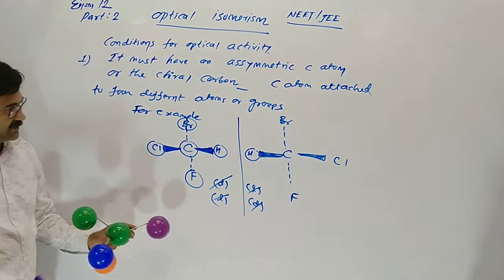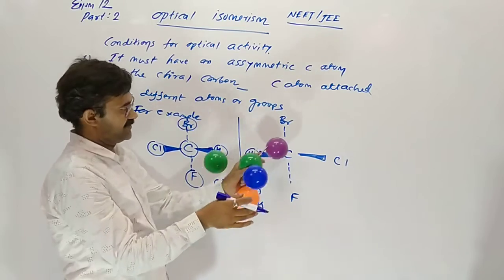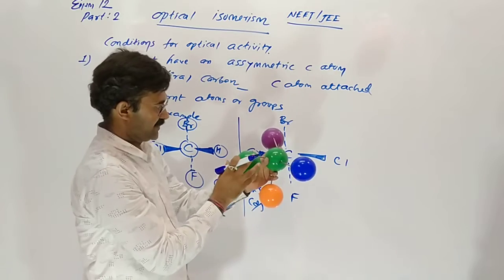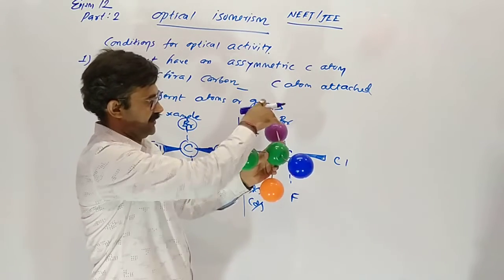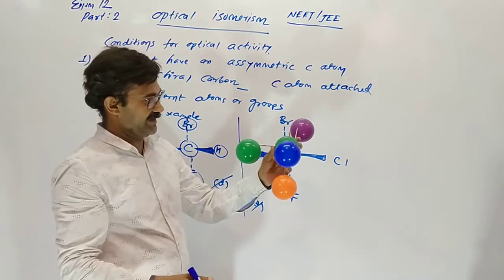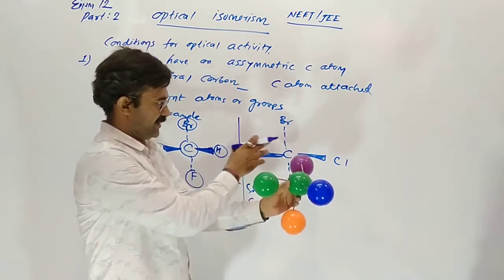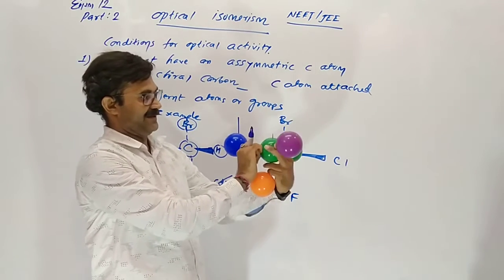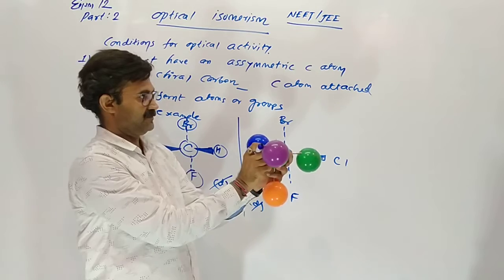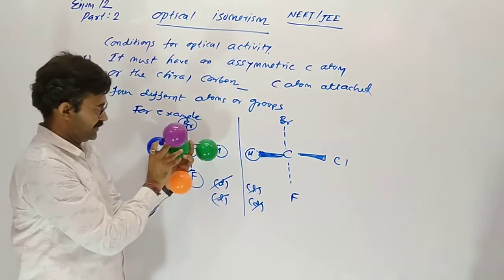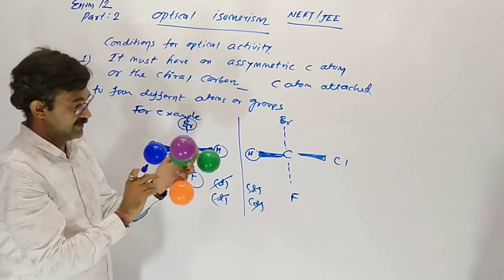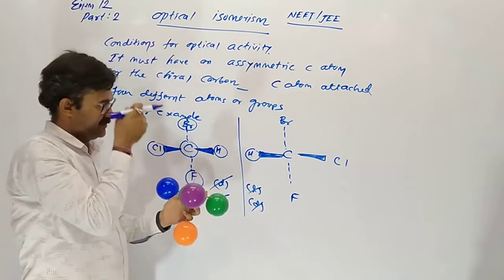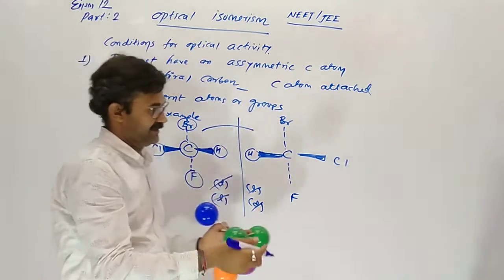First condition, in this case, when we rotate the mirror image by 180 degrees, this one Cl, H, F and Br. When we rotate by 180 degrees, these two are ahead of the paper, these two are behind, and when we rotate 180 degrees, it looks like this. So we can't superimpose Cl and H on each other. Here these two are now ahead and these two behind. So we can't superimpose them.